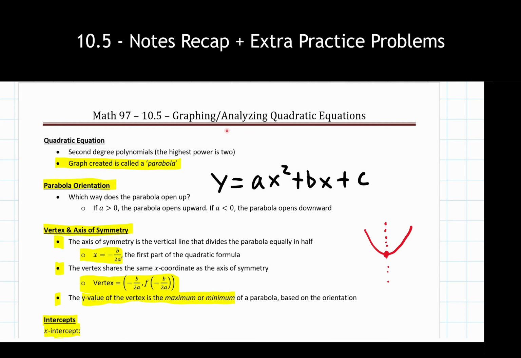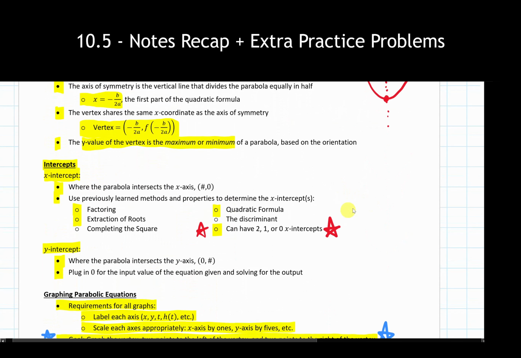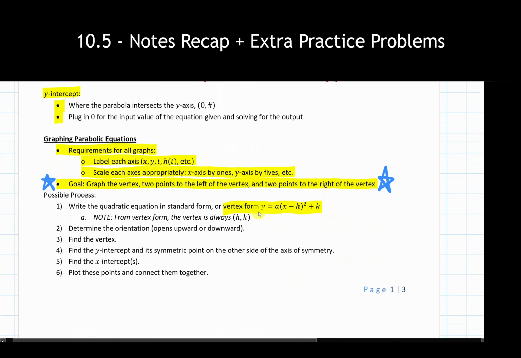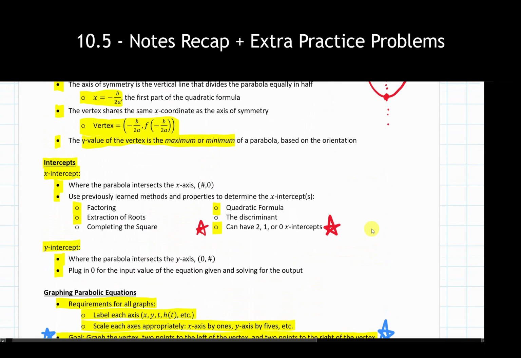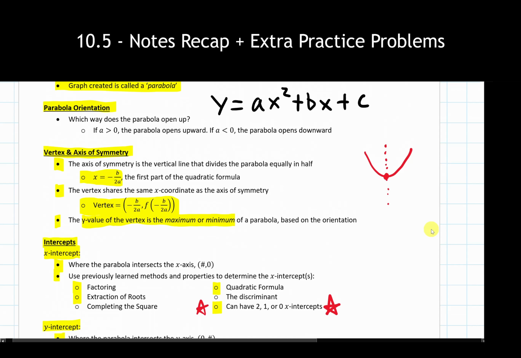So as a quick summary and recap of everything that we covered, we specifically went through and looked at analyzing quadratic equations. Remember, we are working with these graphs that are called parabolas. We have our different forms that we can write them in. We had standard form that we used up here. We also had our vertex form written here. And we saw a couple examples that were given to us in our factored form as well. So there are different starting spots that we could be given at the problem. Doesn't matter, we can rewrite it into some of those other ones if necessary.